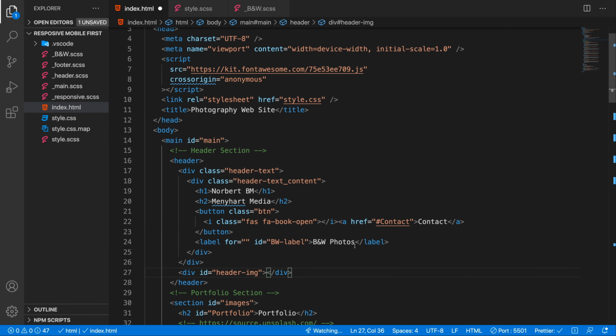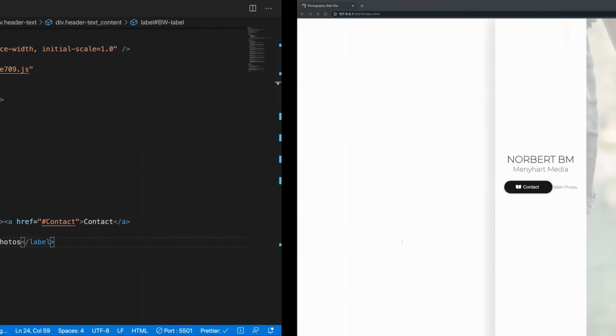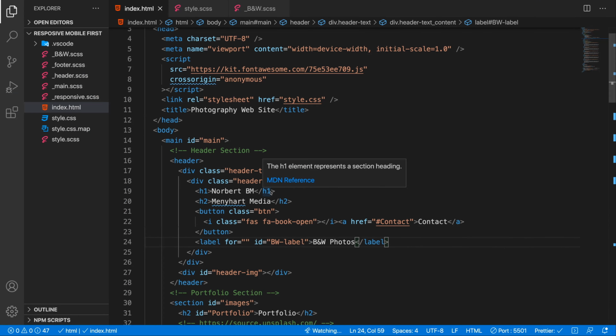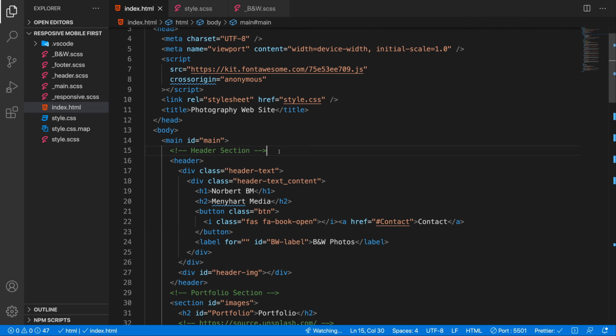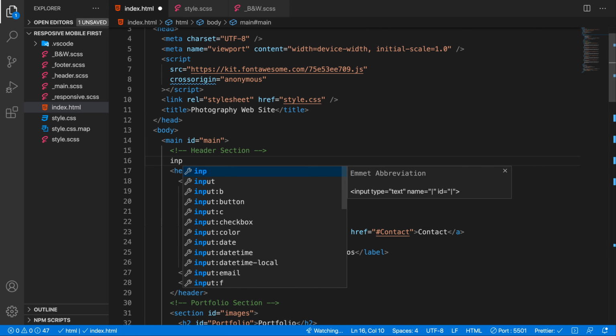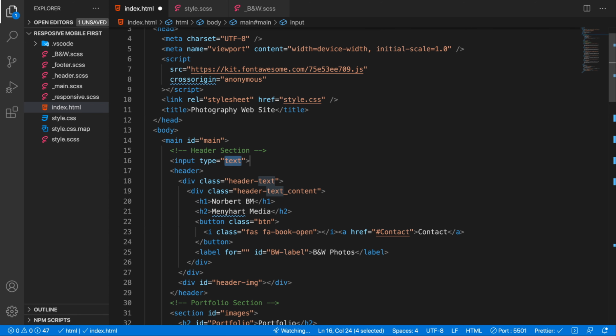Okay, we have a label tag done, but let's take a look in our finished project here. This label tag right here is actually going to be a button. This button will toggle something, and will actually be linked up to a checkbox. Now the checkbox, this is really important, needs to be created above the header. So above our header section, I'm going to create an input tag with a type of checkbox,